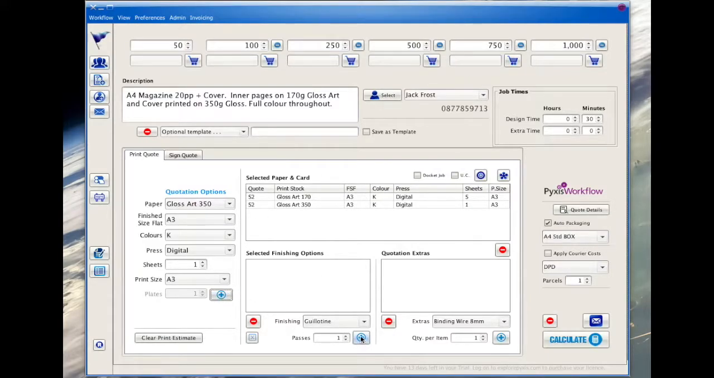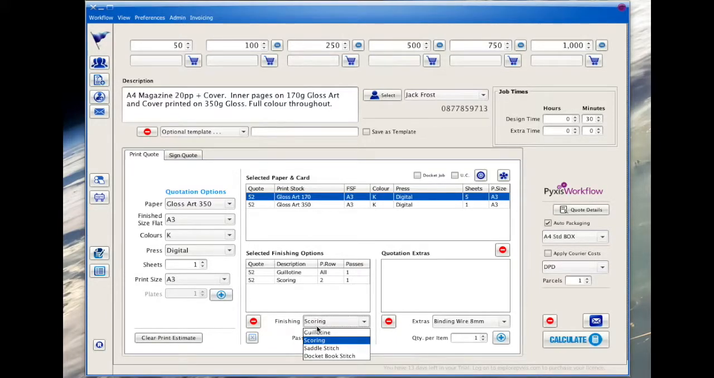This will be printed digitally and all pages will be trimmed, so I will choose guillotine as the first finishing option. In circumstances where a finishing option is applied to a single row, we select that row first and then add the finishing option. Note that finishing option 2 scoring is applied to print row 2, and we will saddle